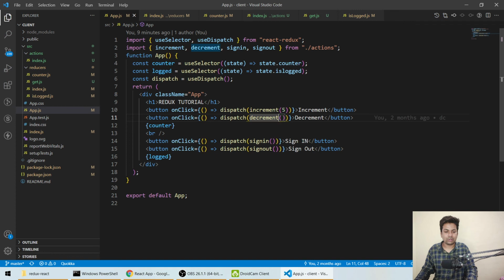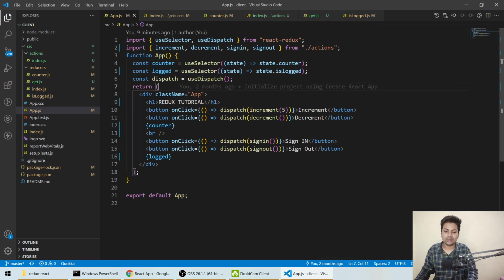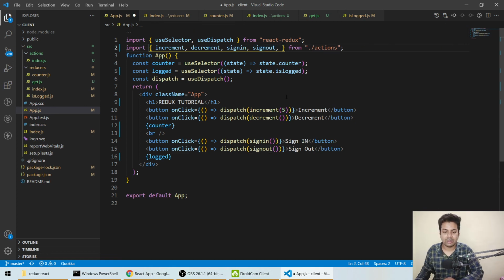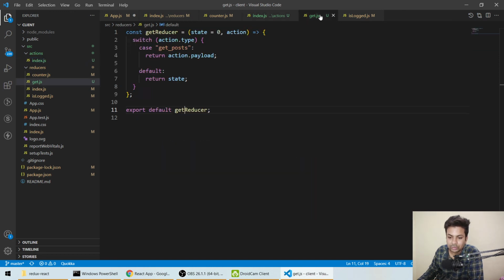Now go to app.js, in state we'll use get. Let's directly dispatch the function. For that we have to call the action name, get underscore post.